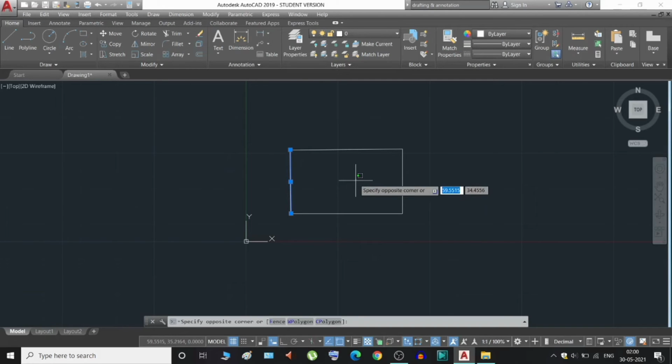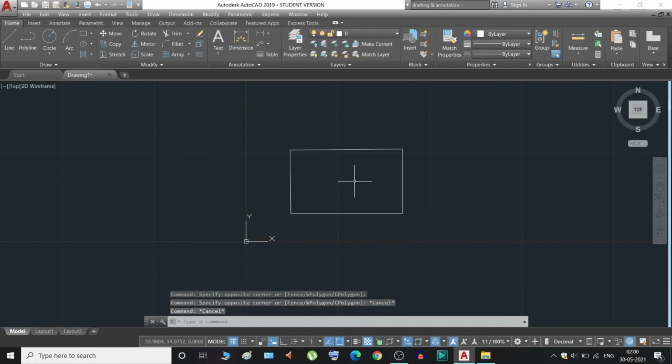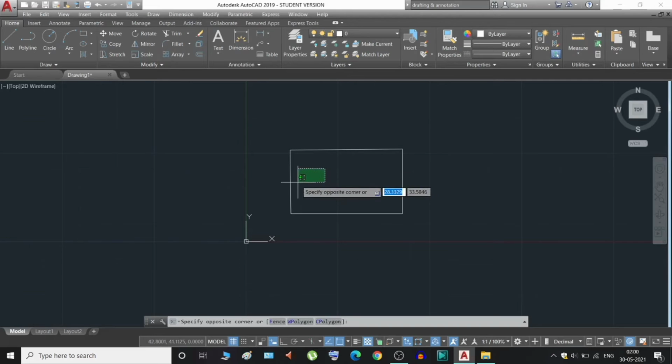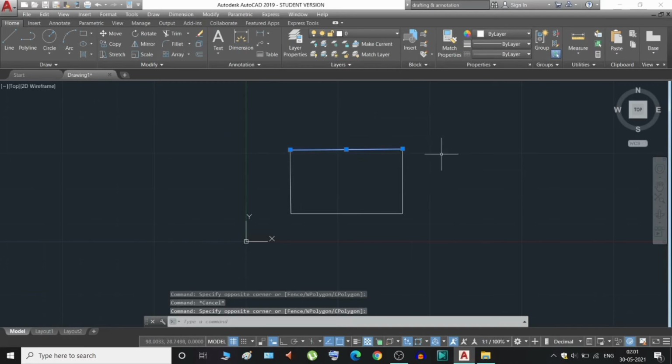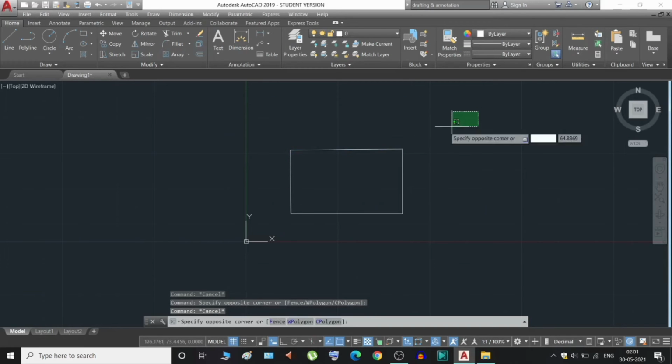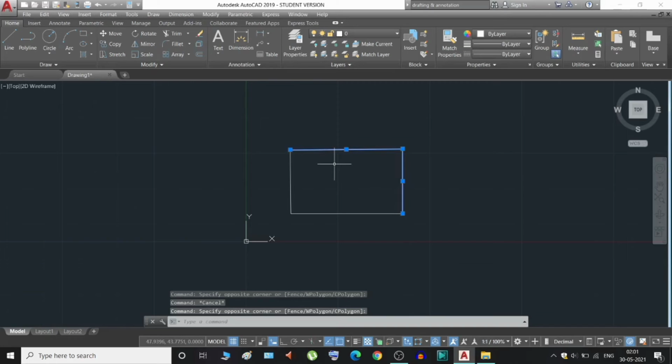But if you are selecting something by right to left selection, and if it just touches a simple portion of the line or just touches the line, then it will select the whole object. So this is the basic difference between the left to right and right to left selection.